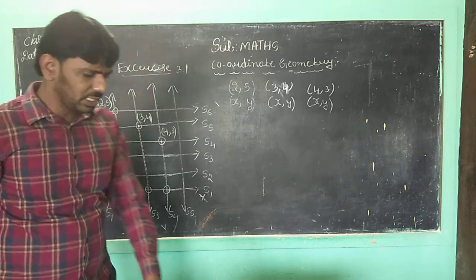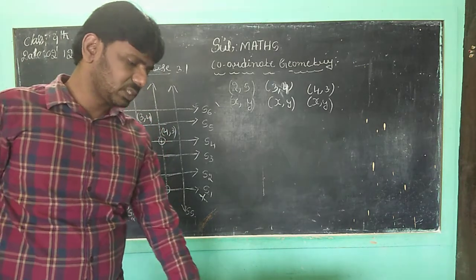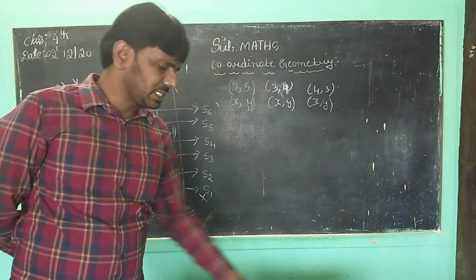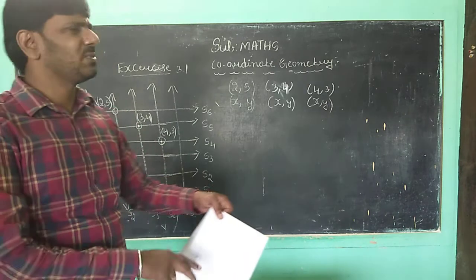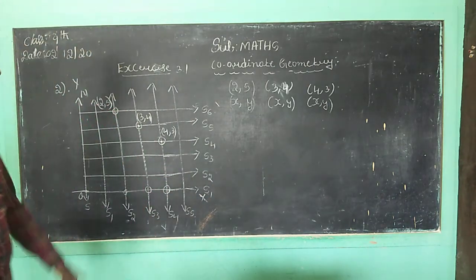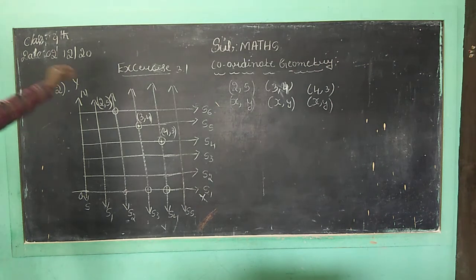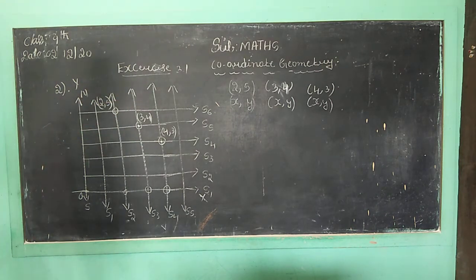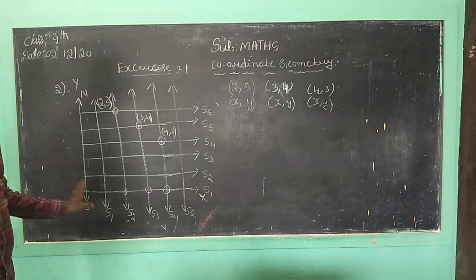Correct, children? Any doubt here? No doubt. So this is the second question, children. Now this exercise will complete, children. First exercise is very simple, children. This is basic. The given only the coordinate geometry. This is x axis and y axis. You want to represent the two streets road of the city. Okay, correct, children. So now you want to represent this is road.